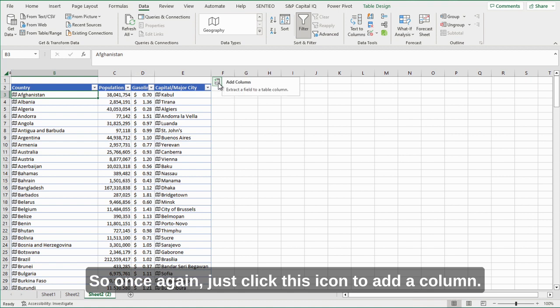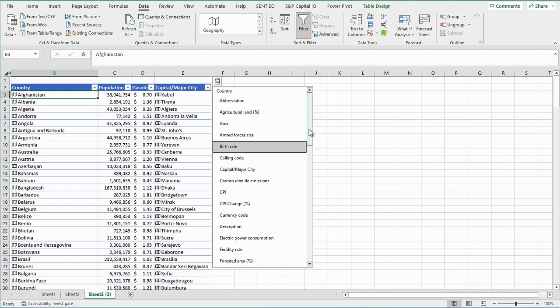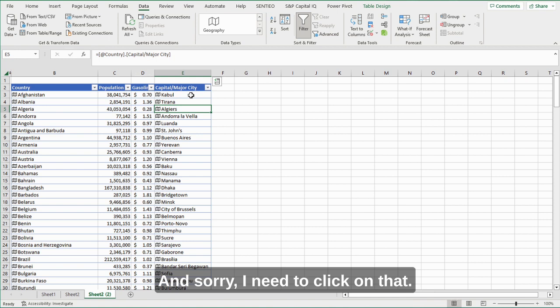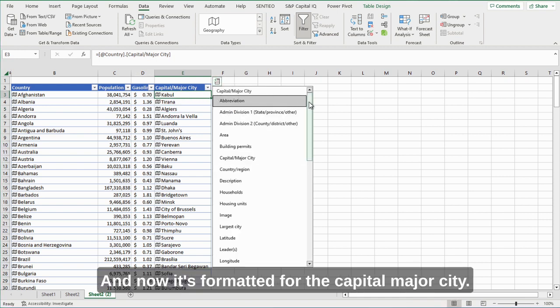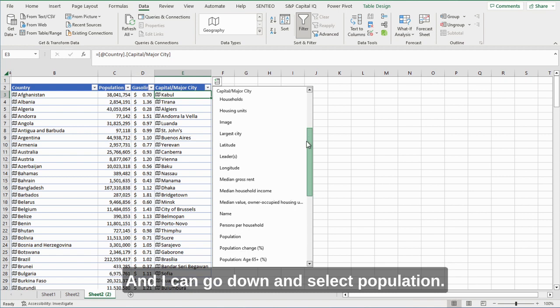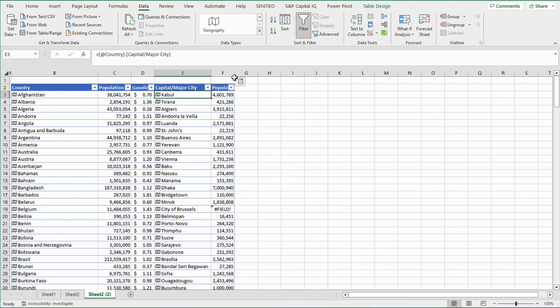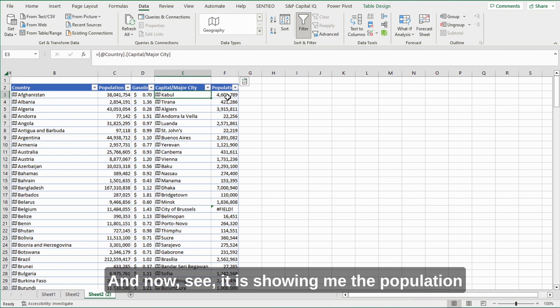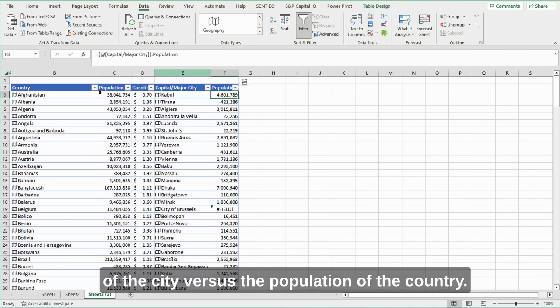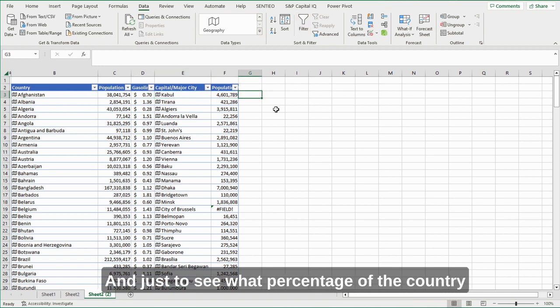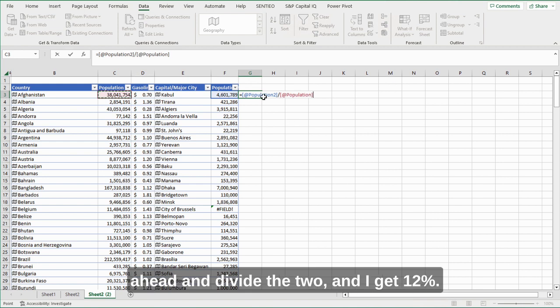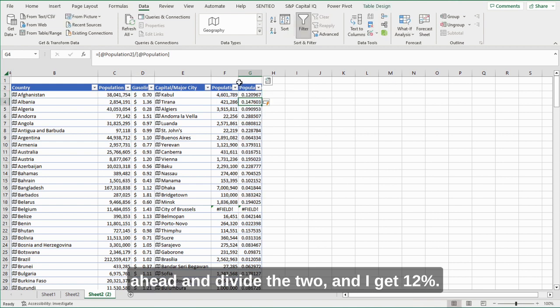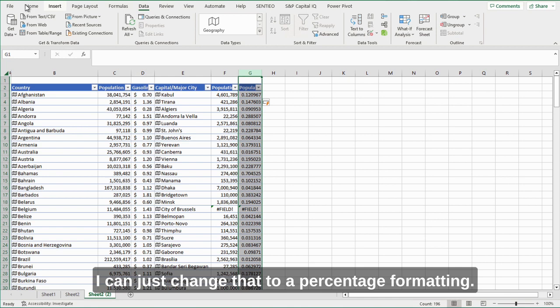So once again, just click this icon to add a column. And sorry, I need to click on that icon. And now it's formatted for the capital major city. And I can go down and select population. And now you see, it is showing me the population of the city versus the population of the country. And just to see what percentage of the country lives within that city, I can just go ahead and divide the two, and I get 12%. I can just change that